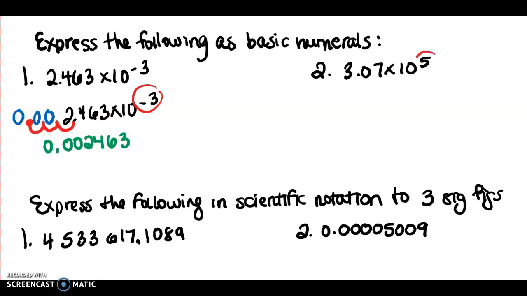So we've got 10 to the power of 5 for this number. I'm going to write this number down here as well, so 3.07. When we have a positive power, it means we're moving our decimal place to the right. So we're going to move our decimal place to the right 5 times: 1, 2, 3, 4, 5. And again, we're going to fill in those empty spaces with zeros. So this number becomes